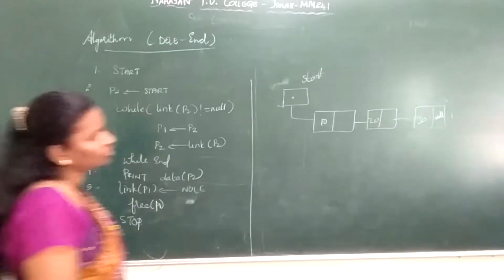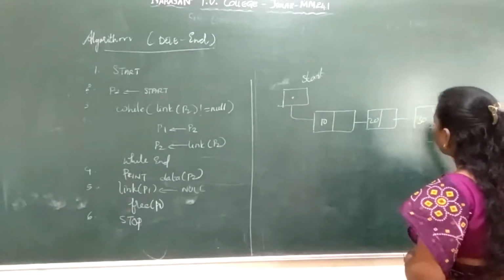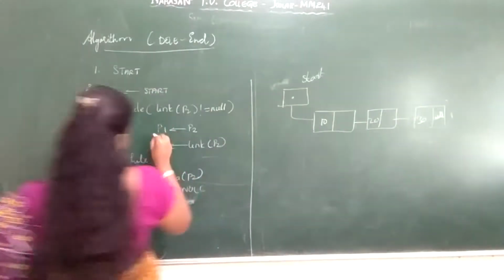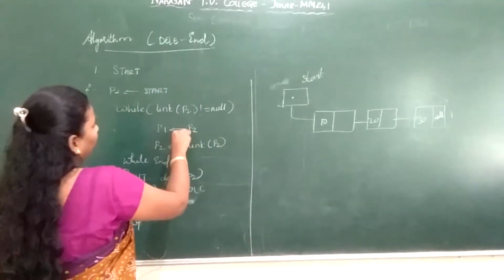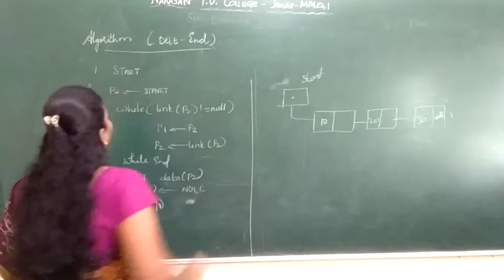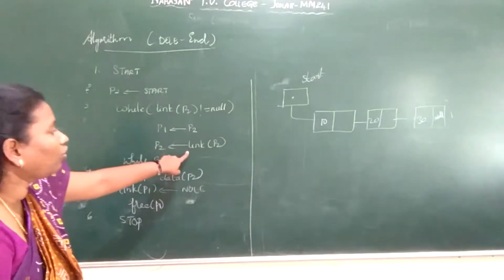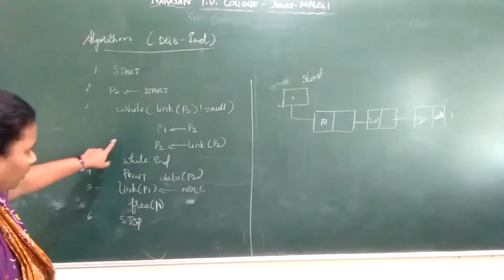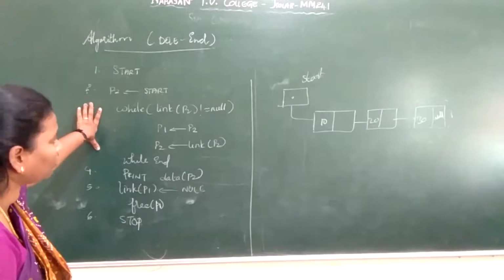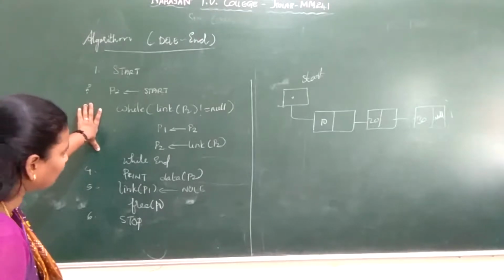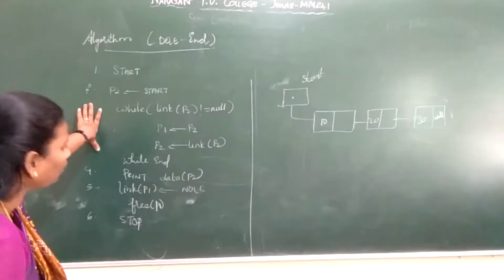Imagine I want to delete the element which is present here. So what I am checking is, I will have to maintain 2 pointers, P1 and P2. The P2 pointer will start here; I will give it to start. So P2 again I will give to P1. Then link of P2 I will give to P2. This continues until the condition becomes false, that is, till we reach the end of the linked list. Once the condition fails, what will we do?